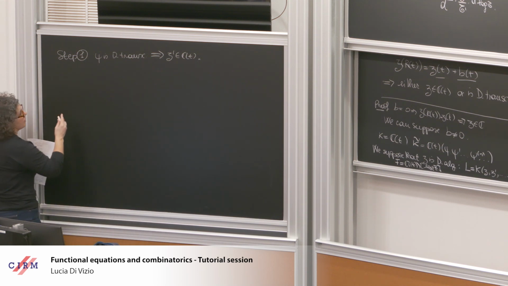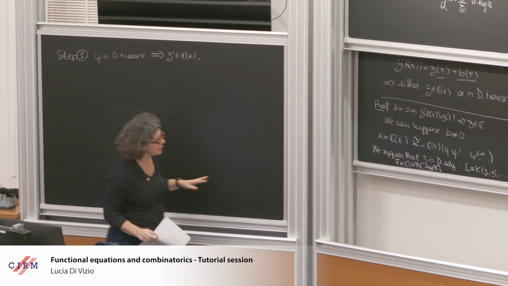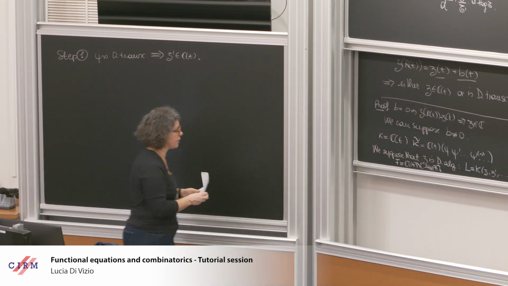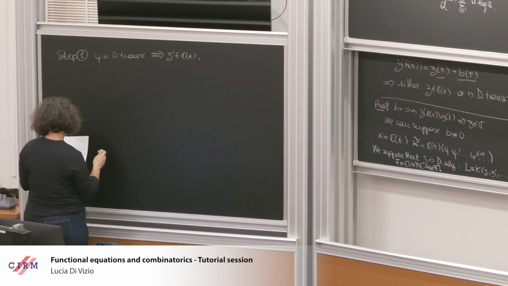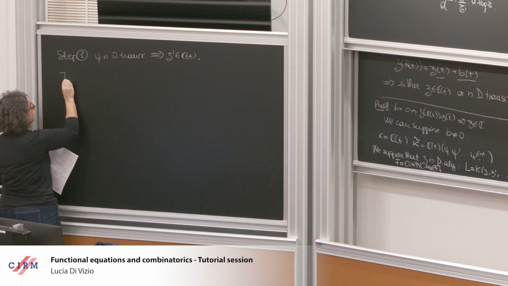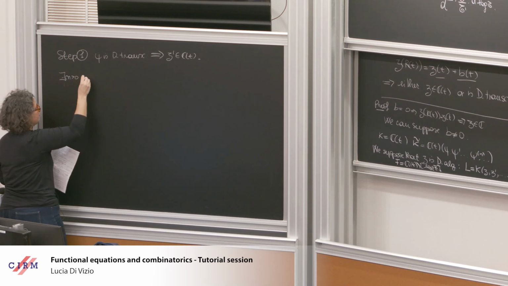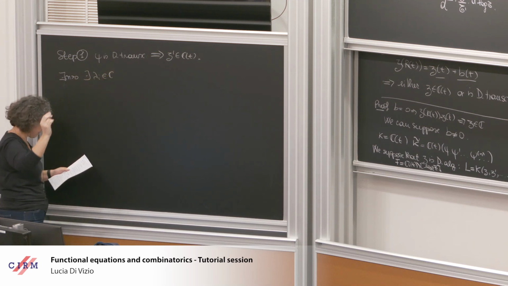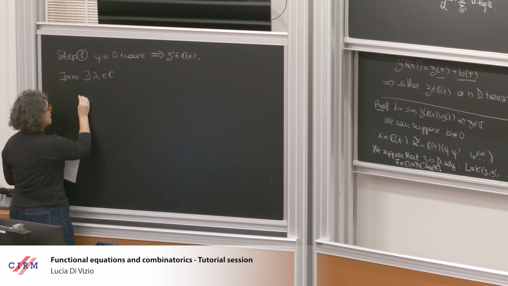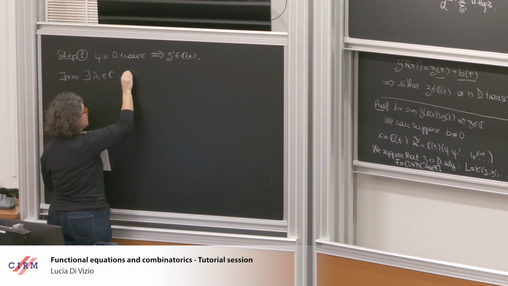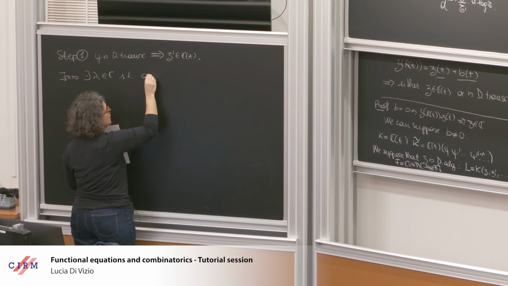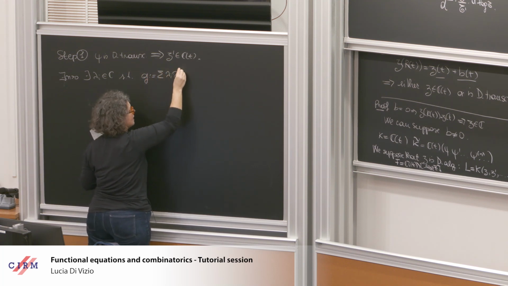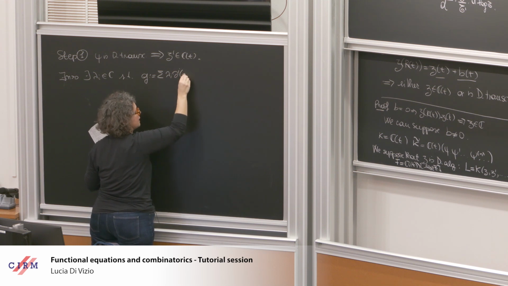And I remind that we have supposed that Z is d-algebraic, and we want to prove that it's rational. So if Z is d-algebraic, there exists n greater than 0, lambda i in C, not all 0, and so on, such that our G, equal to the sum of lambda i delta i of Z,